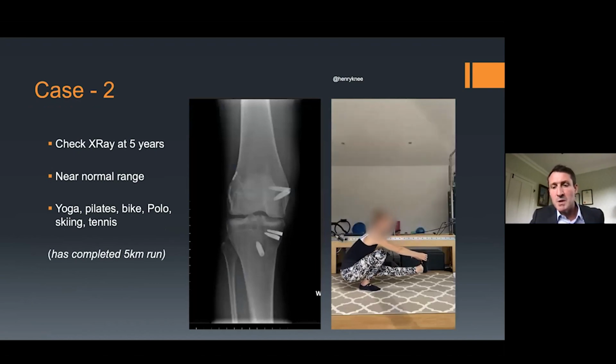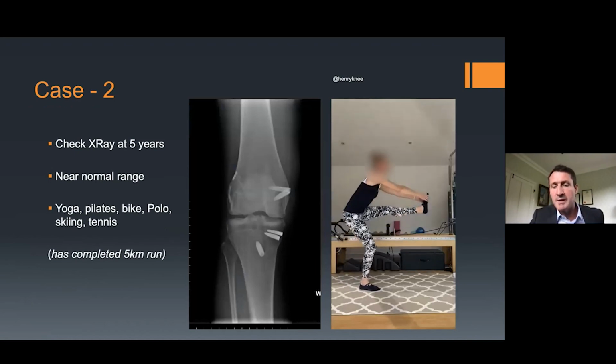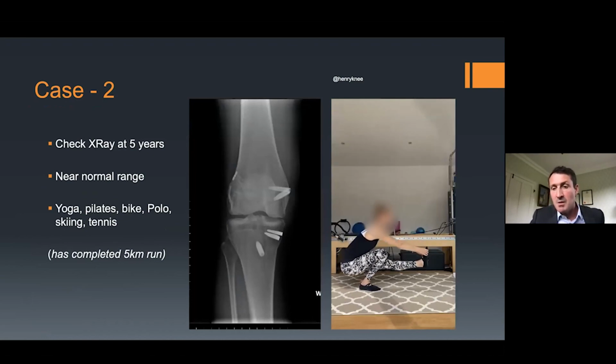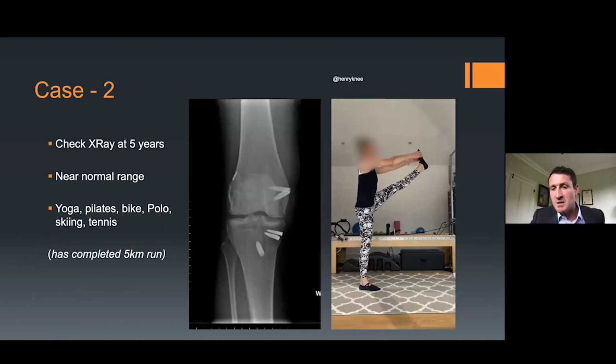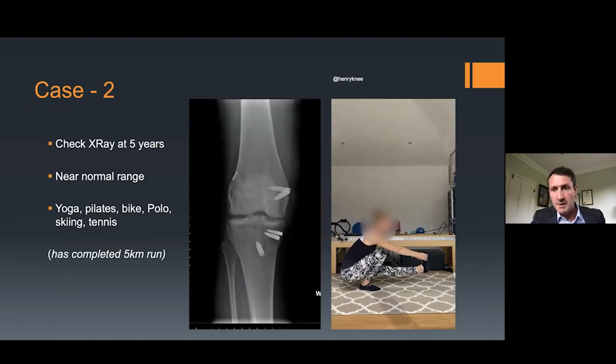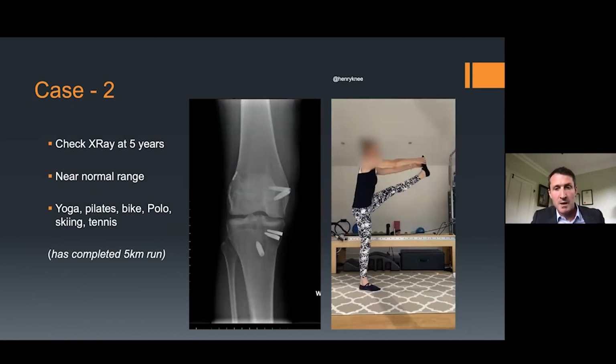This is her doing piston squats, I think these are called. And, you know, she has worked really, really hard over a period of time to get back to that. And the most important point to make with these is that these are very, very bad injuries to the knee. And in order to get anything like a near normal level of function, they have to really go through the ringer with regards to the rehab, and give it